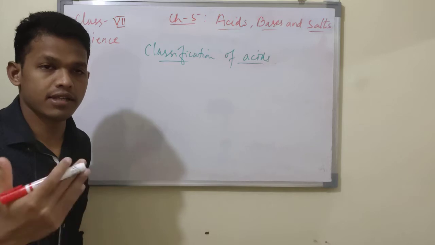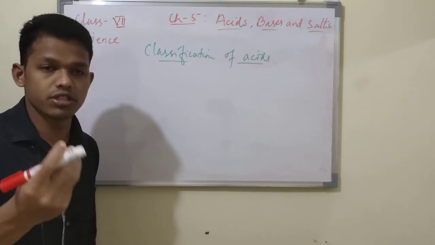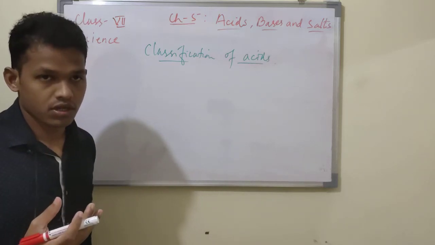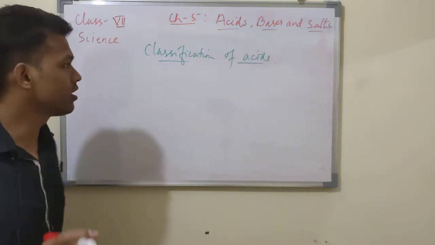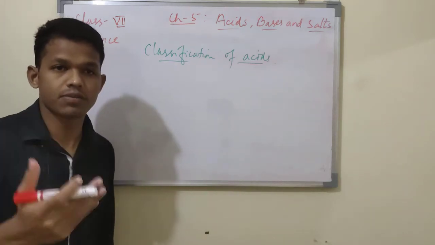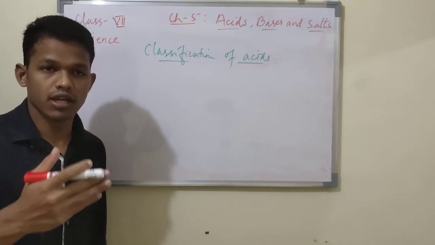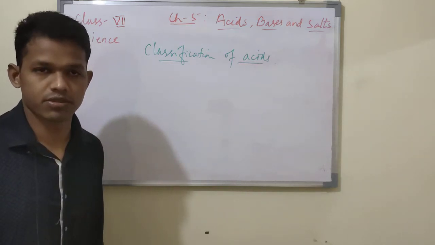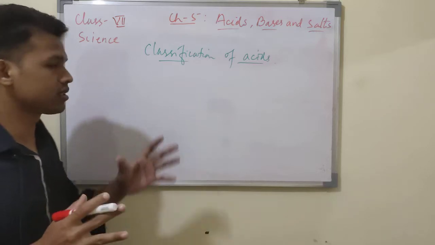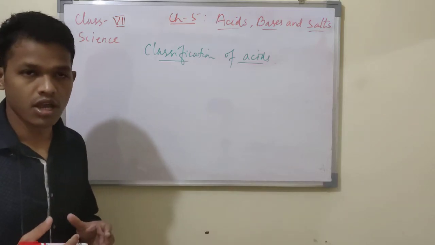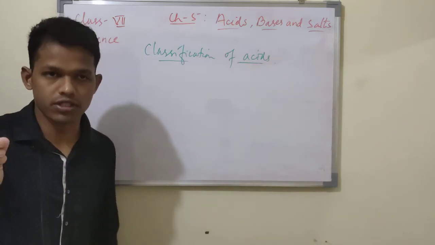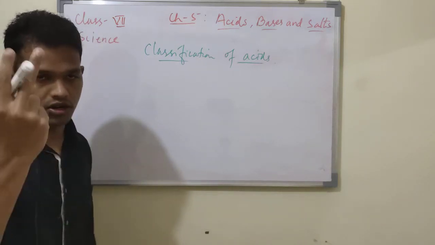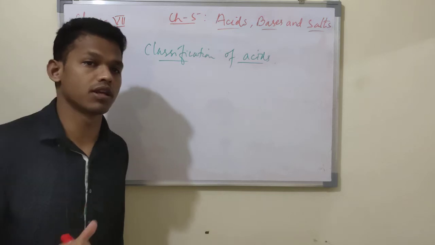What is an acid? An acid is a substance which gives a sour taste due to the presence of certain chemicals. Due to the chemical nature of the substance, it is known as an acidic substance. Already you have discussed various types of acids. According to the classification of acids, first, on the basis of origin, we have studied two kinds of acid: mineral acid and organic acid.